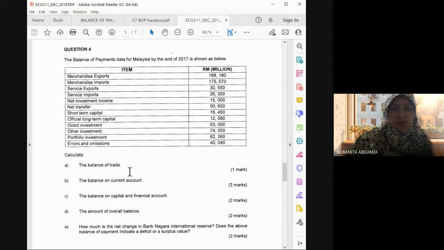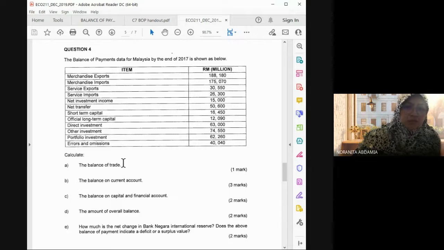Okay. Is it correct? In this question, is there any request for you to create a balance of payment structure? Is it needed? If not, don't do it, because the question doesn't ask. So for a question like this, it means you have to answer directly to this question. Just answer balance of trade equals the formula export minus import, then insert the figure, and the third line is the answer. That's it. No need to do all the structure.